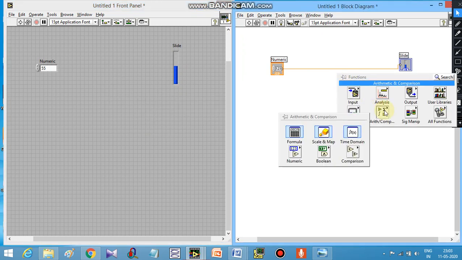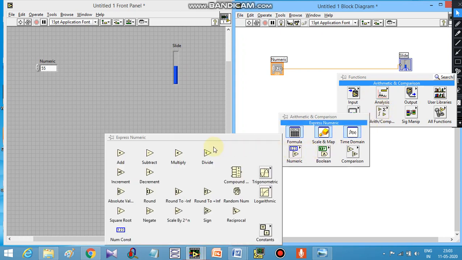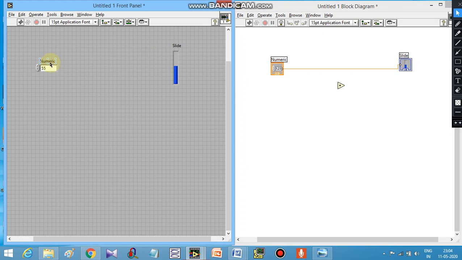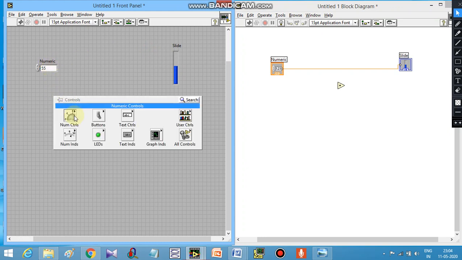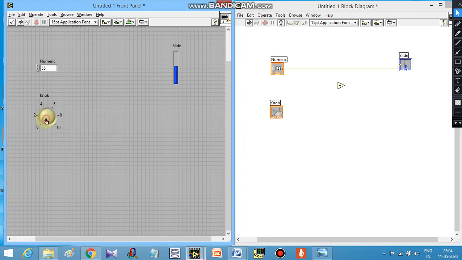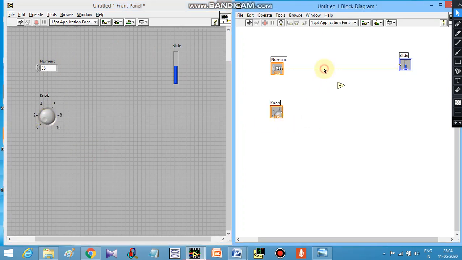Let us put this summation sign, under numerical let us add this addition, and one more numerical control. Now delete this wire, then connect this to this, and connect this to this.